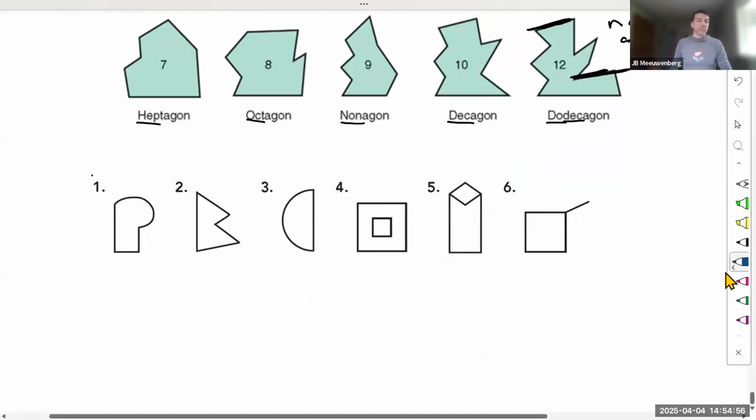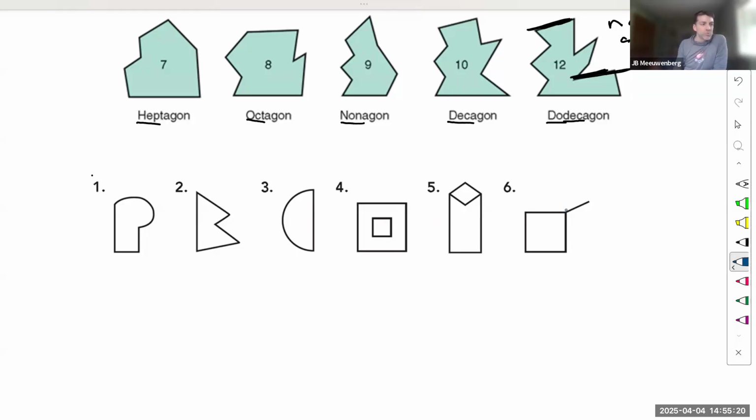So this might have been a little bit of a struggle for you. Maybe you were wondering. So I'm going to take a moment to get there. So they have to be a simple closed curve. A polygon has to be a simple closed curve. Well, that means it can't have any intersecting lines in it, and it has to start and end at the